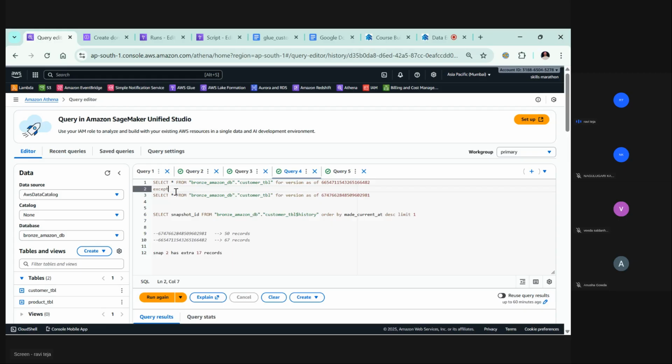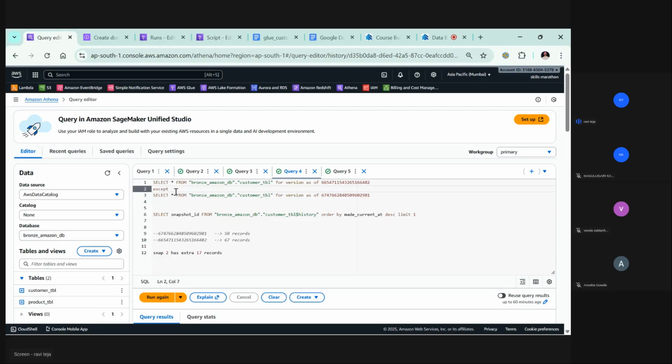Simple. What we discussed: a new snapshot will be created whenever you do any small change on top of this Iceberg table. If you do a very minute change, if you add a comma or a space to a cell in the table, that will create a snapshot. Any small change, any minute change, will create a new snapshot for you. But in this case, as there is no CDC data, there is no record to process or update in this branch table, so you won't have any snapshot ID created.